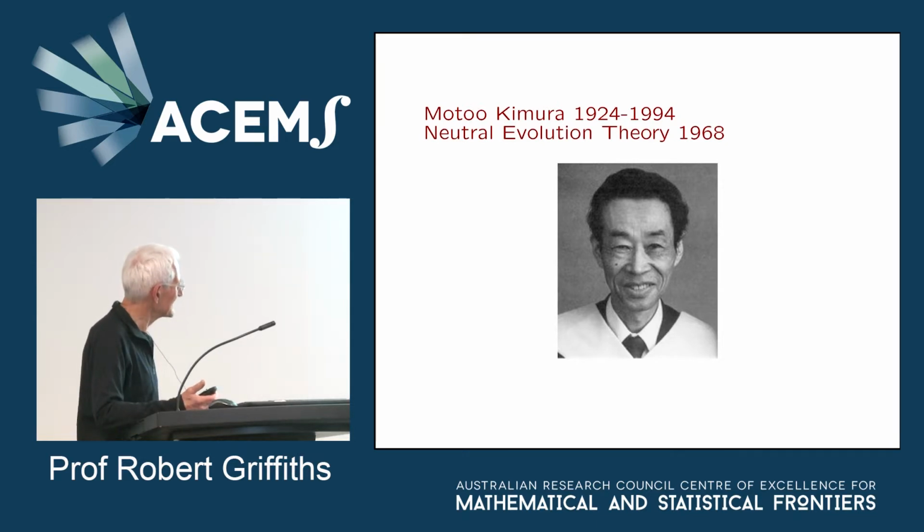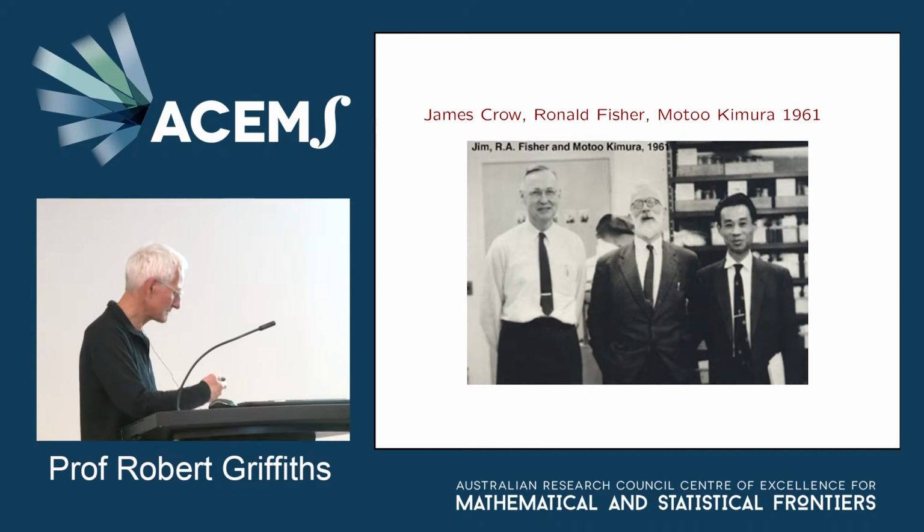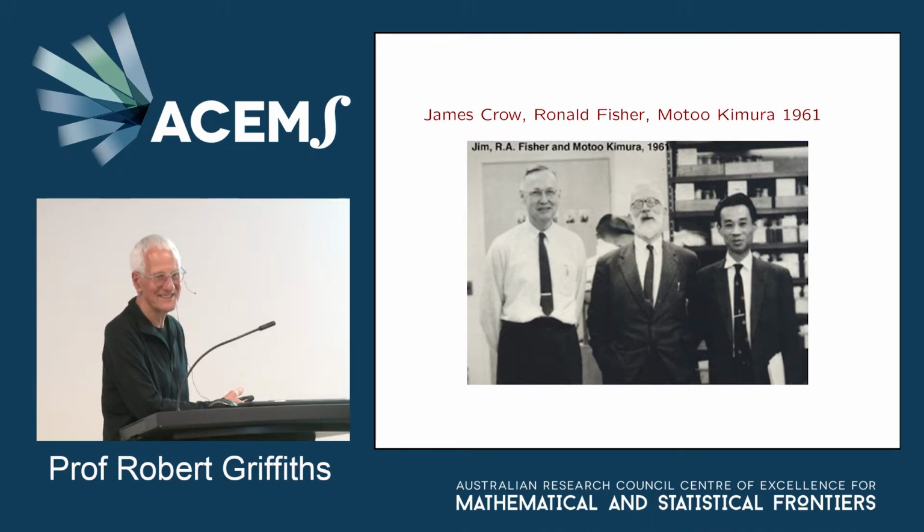So he said, well, there's a lot of neutral evolution as well, where genes just drift around and maybe have an adaptation which then fixes. But neutrality was important for him, things just simply drifting around. A very famous geneticist who worked in diffusion processes and genetics. He also worked on orchids. He knew about genetics. And here he is with James Crow, Ronald Fisher, and that's Kimura, the young person here. This is Fisher.